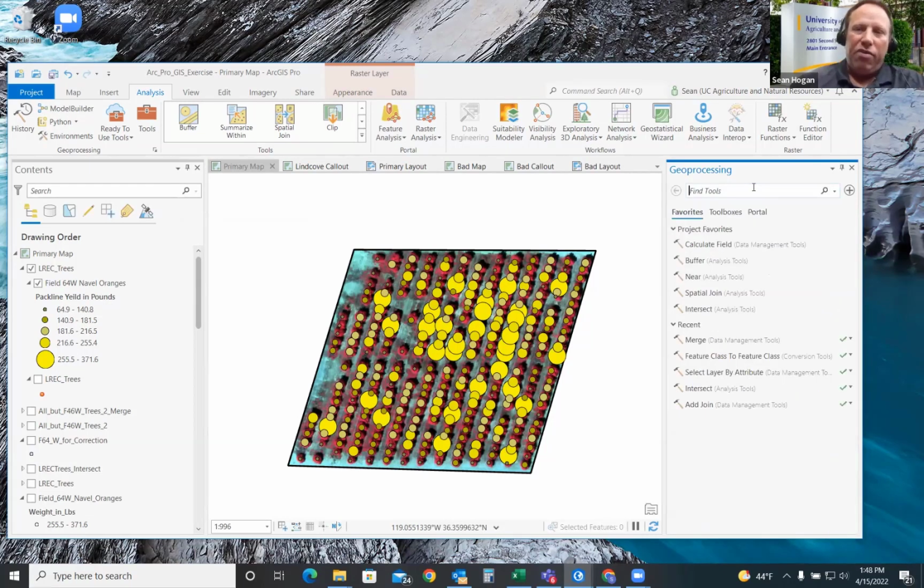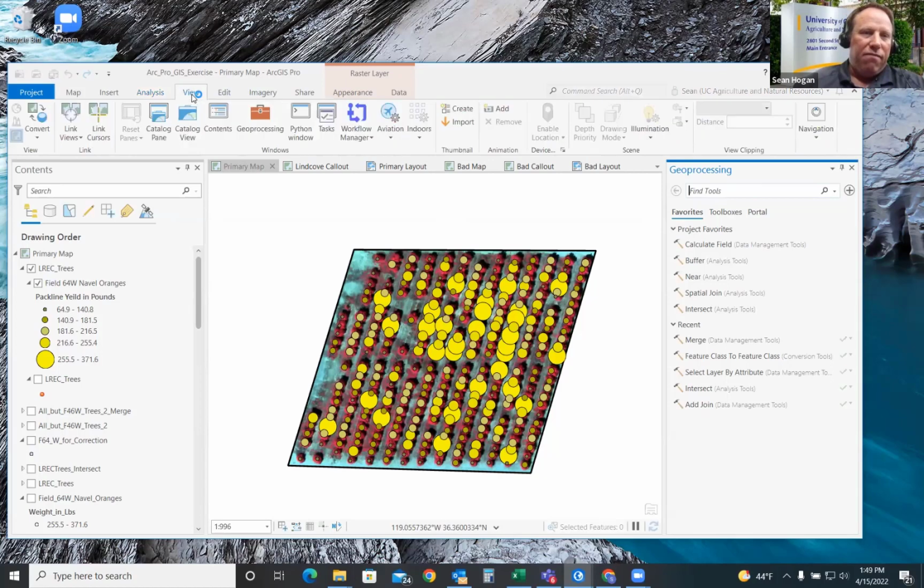There's a couple other things that are not under geoprocessing tools that are similar that we'll get to under imagery, for your image analysis tools that will run processes, but not permanent processes. They'll do them on the fly and hold them in temporary memory. So we have the analysis tools. We also have view, which also gives you an option to see your geoprocessing tools, but then these other options that we'll look at just a little bit.